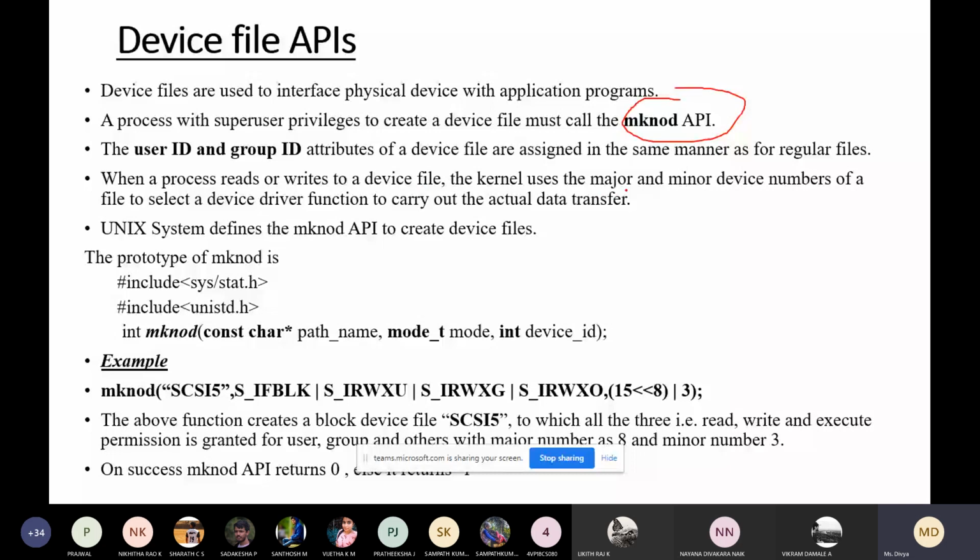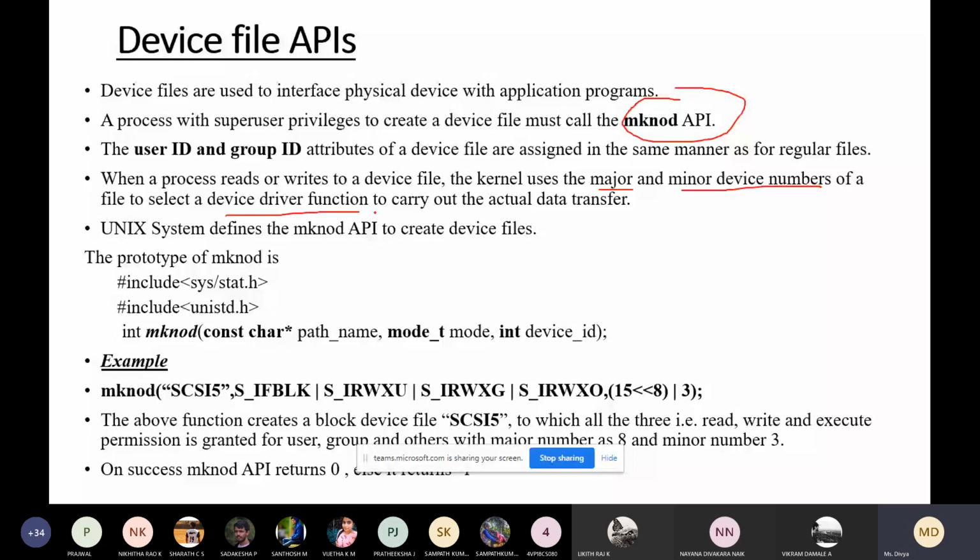We call them the major device number and the minor device number. These are the two numbers which the kernel uses to select the device driver's function. If the process wants to read or write the device file, the kernel will use these two numbers to invoke the device driver functions to perform the actual read or write data transfer.